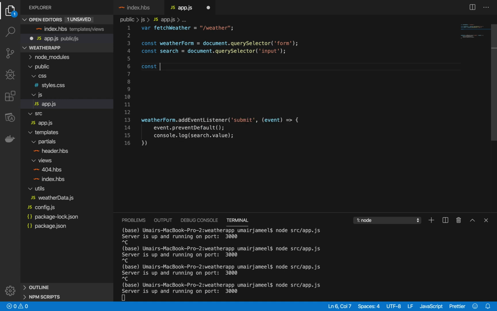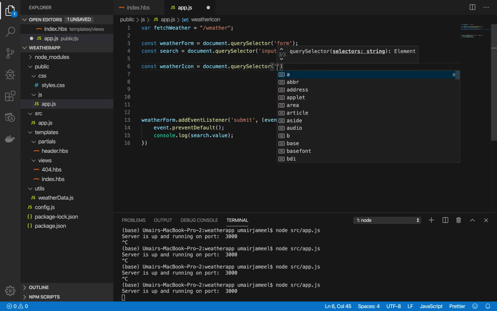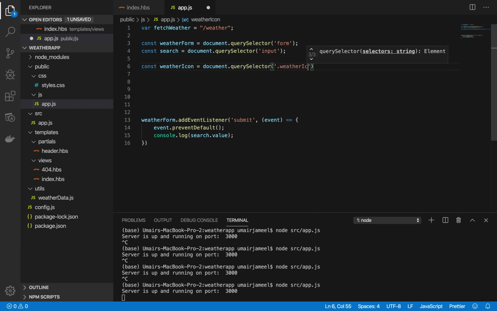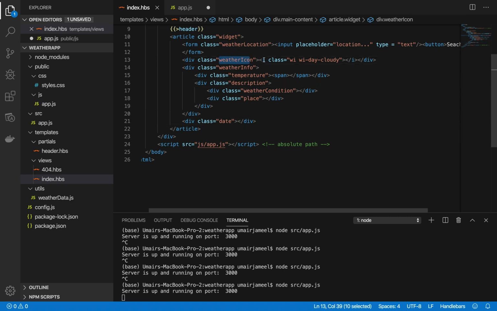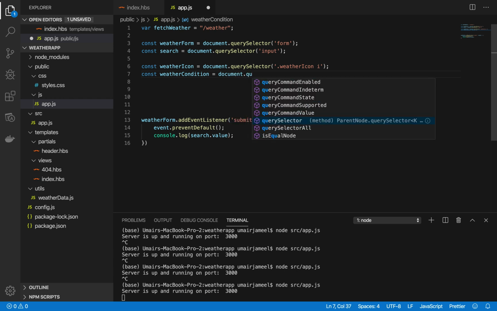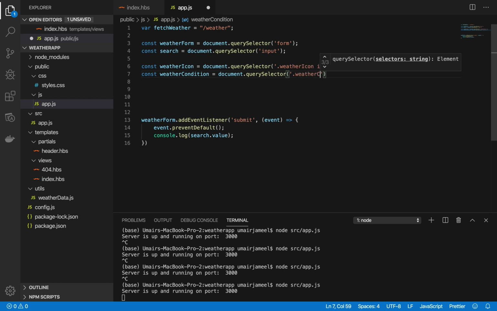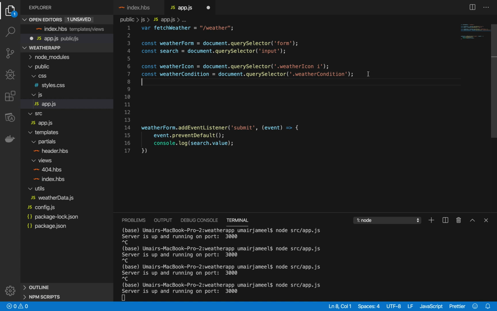Now I need to reference the weather icon, document dot query selector, and the name of the class is weather icon I. Let me just verify it. So this is the weather icon and this is the i tag. So the i is actually containing the icon reference. Okay, so I've got it right. So const weather condition equals document dot query selector, and I need to write weather condition. I'm just going to copy it,